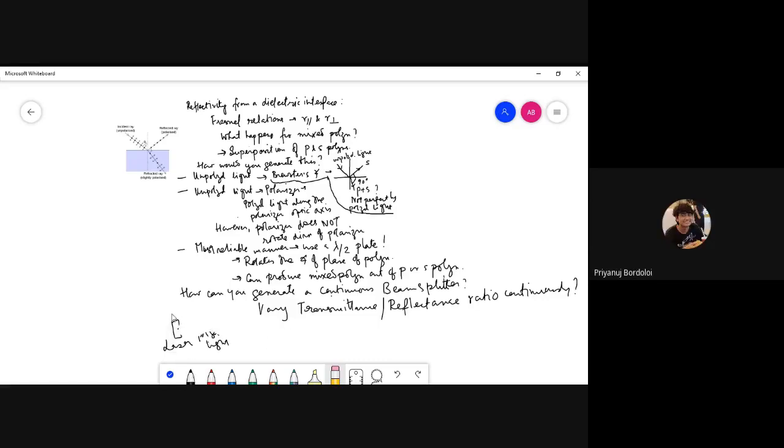We can just incident the polarized light on a glass slab and just change the angle of incidence. That should change both the transmittance and the reflectance. It is continuous. That is a very weak, no, but that will never give you 5%, which is very difficult to achieve. Mostly it will be transmitted in a very small region, it will suddenly increase. It's not going to give you a nice continuous change.